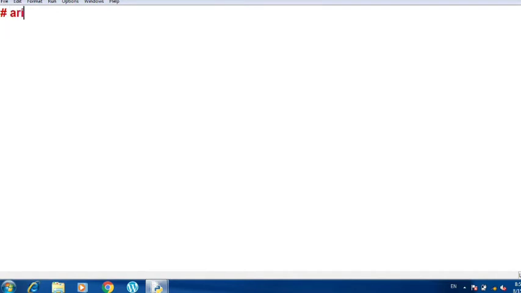Alright, now we need two numbers from the user. Let us take the variables num1 and num2. In num1 I'll ask the user to enter the number. I want the number in integer or float. Whatever data type you want, you can define. If you define integer, it will give you only the integer part as the output. No fractional part will be included. So let us write float only so that we can get the exact answer.